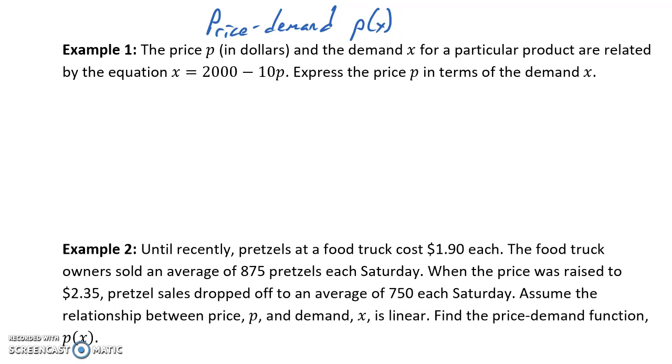So essentially in this case, we're given a price demand function that's written in the form X of P. So in this case, X is our independent variable with P as our dependent variable. And what we want to do is update that function to be of the form P of X. Or essentially what that means is we want to solve for P. So starting with our given function,